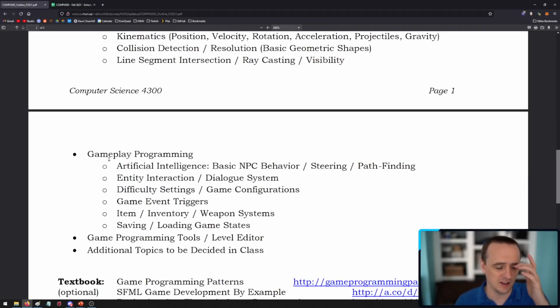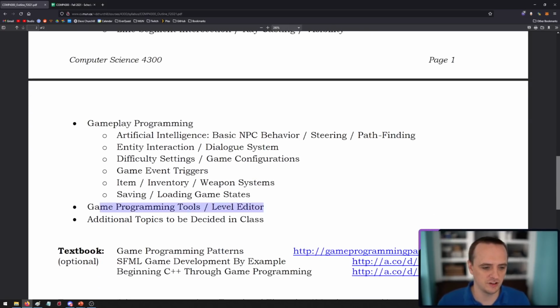Also, of course, we've got a lot of gameplay programming, so very, very basic artificial intelligence. If you want a more advanced game AI course, that's 4303, that's being offered in the winter. Entity interaction, a little bit about dialogue, difficulty settings, game configurations, game event triggers, items, inventory, weapon systems, all this kind of stuff, game programming tools, we'll do a level editor, and all of this is going to be done